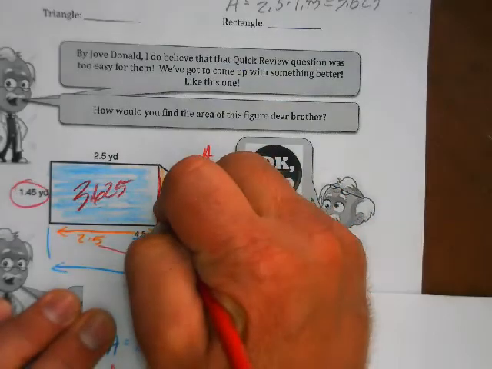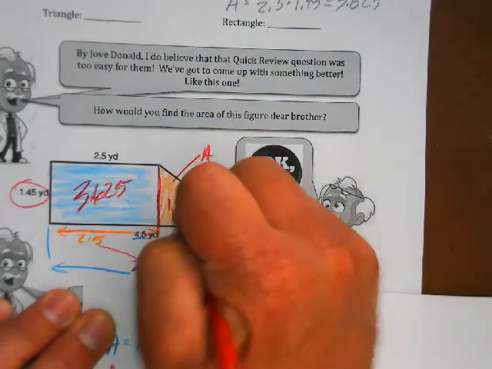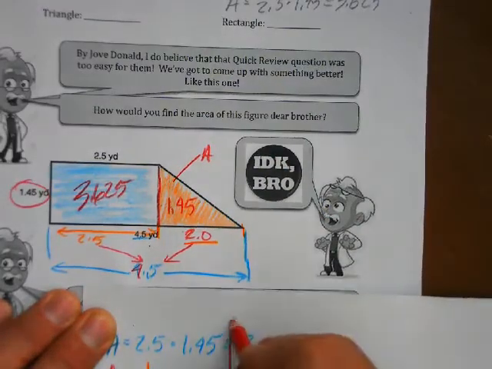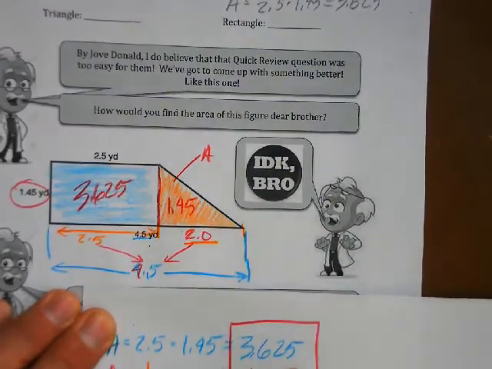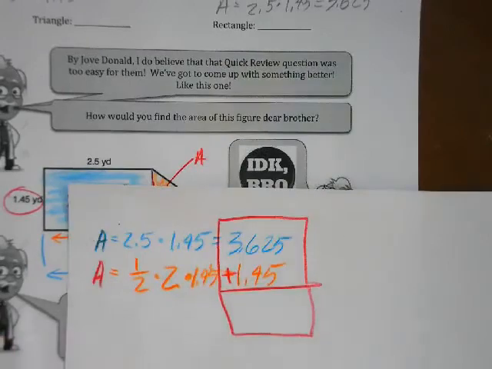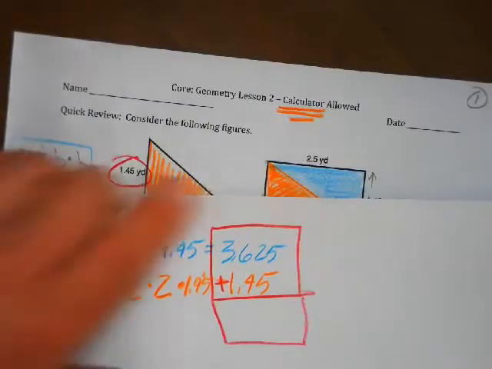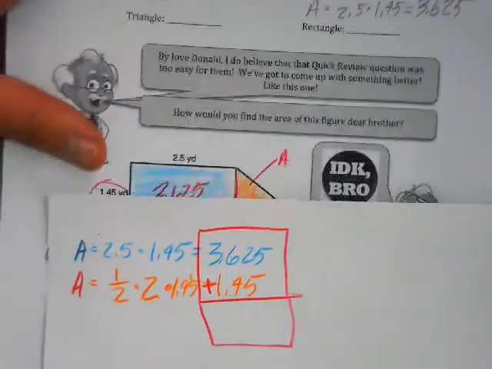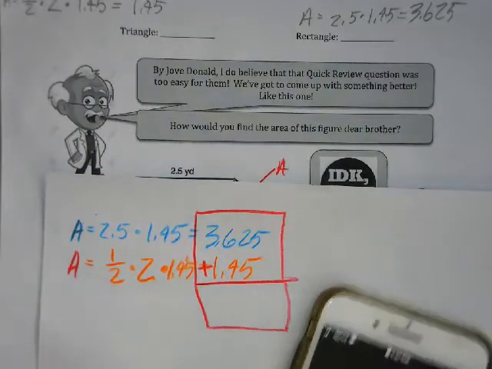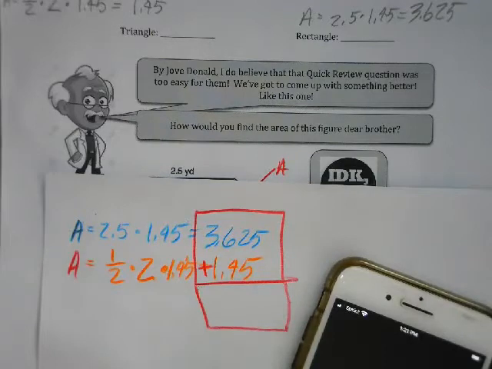So we've got a base of 2.0, we've got a 1.45 for a height, and that's what we have right here, 2.0 for a base, 1.45 for the height. So let's take a look, we're going to go back right here. I'll bring this down. The area of the orange part is equal to 1/2 times 2, because we have 2.0 right there, times 1.45